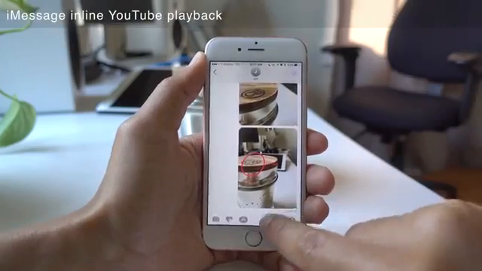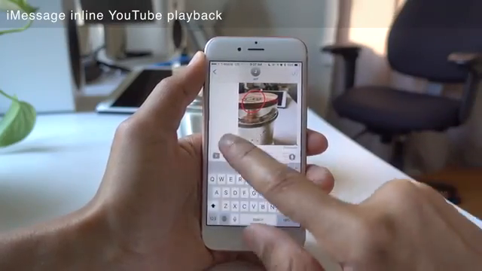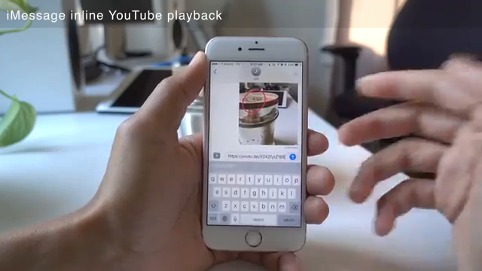Now here's one of my favorite new updates. Inline YouTube playback. Just paste in the URL, send it,